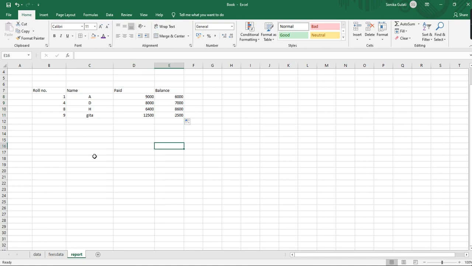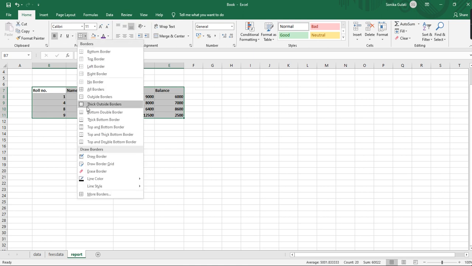You can do this by copy paste also, but if you make any changes in the basic table, for example if you mistakenly added something or less in the fees, you have to come to this report also and change it. But if we do this by VLOOKUP, then it's very easy. Just by changing the basic table data, you will see the changes occur in the main report also. So this is the way VLOOKUP is used.